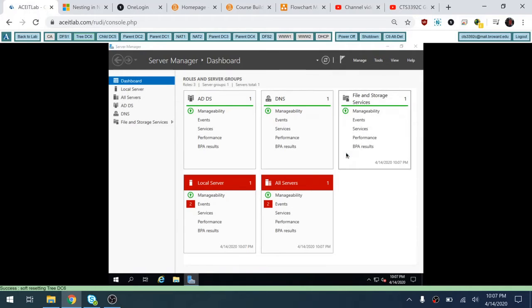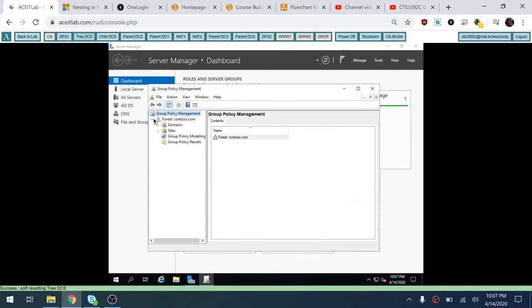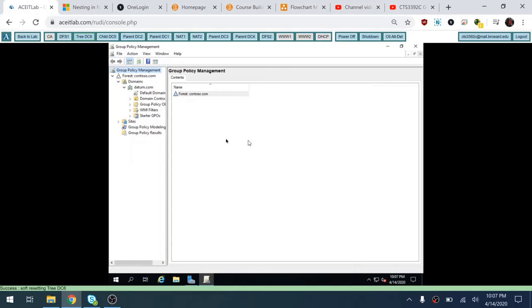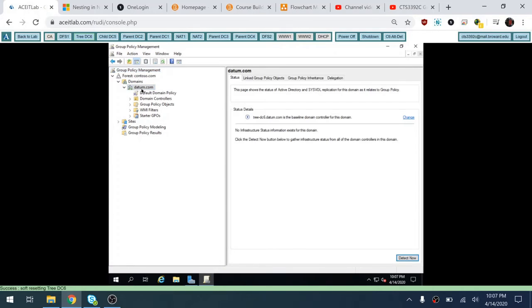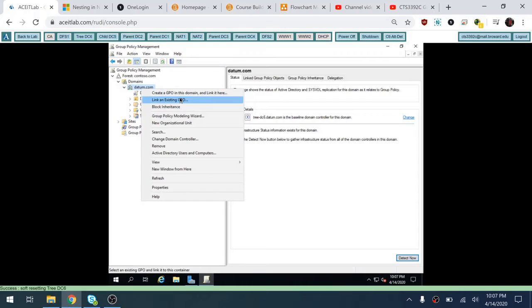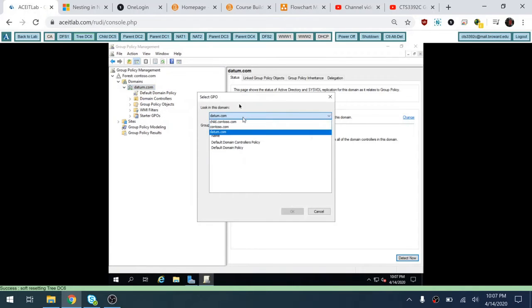I'm going to open up Group Policy Management. And so I want to link that policy that the enterprise admin created to this domain. So I'm going to right click, link an existing GPO, go to the parent domain,